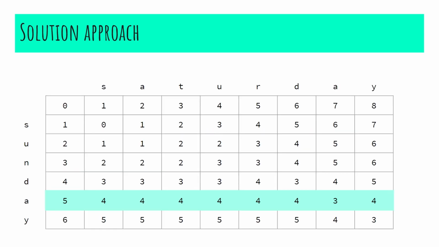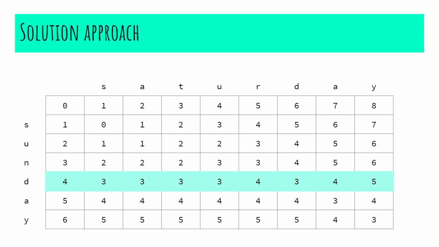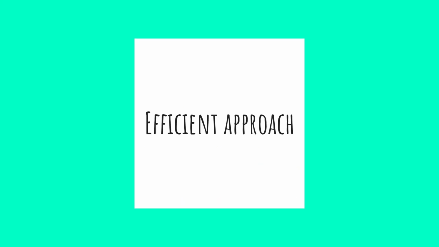Each time to fill a row in the DP array, we require only one row, that is the upper row. That is, if we are filling the 6th row, then we require values from only the 5th row. So we shall create a DP array of the dimensions 2 cross the length of string 1. This approach reduces the space complexity. At first, let's examine the solution approach.